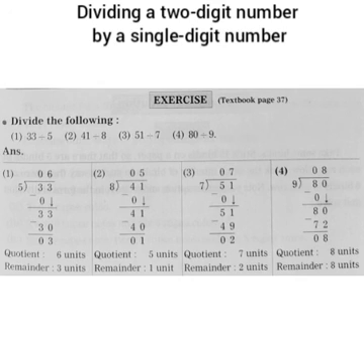Exercise from page number 37. Question is, divide the following. Number 1. 33 divided by 5. 33 means 3 tens 3 units. Here 3 tens cannot be divided into 5 parts in that form. Therefore, let us give 0 tens, means write a 0 in the tens place in the quotient.